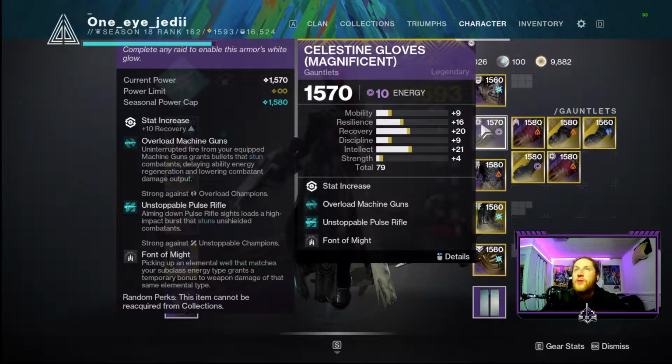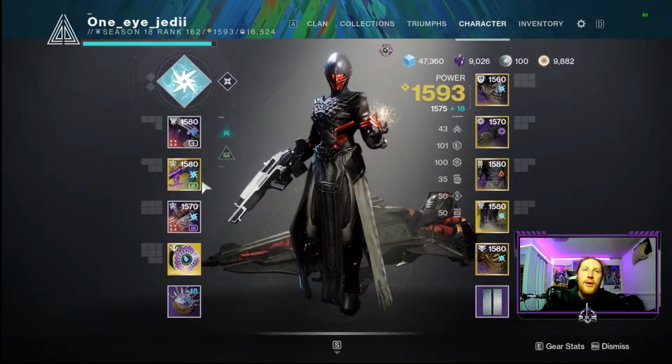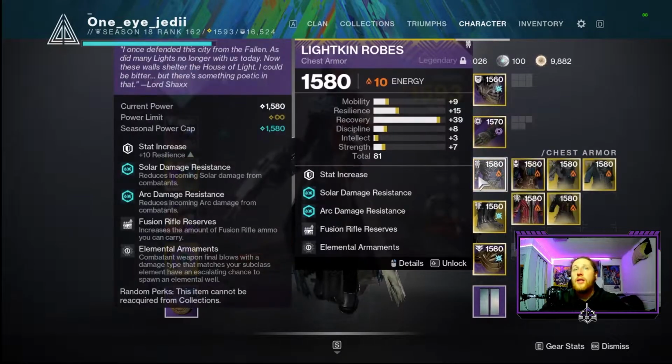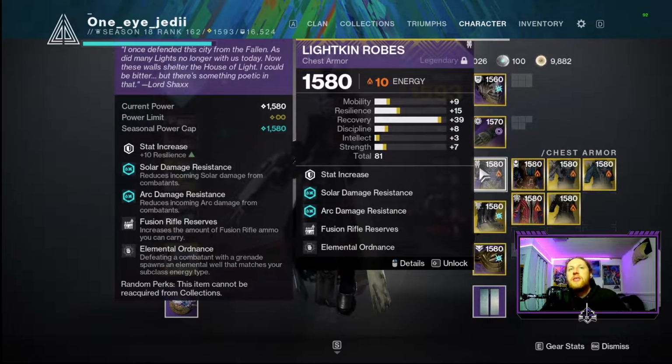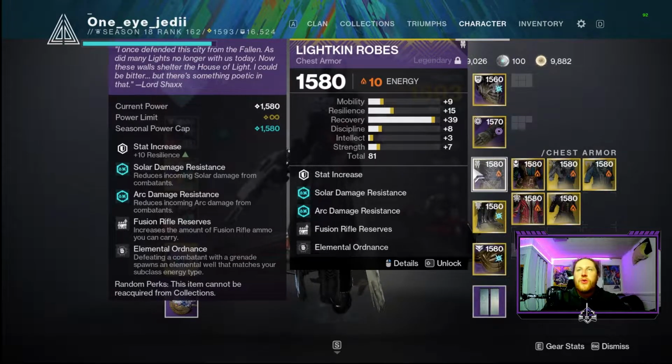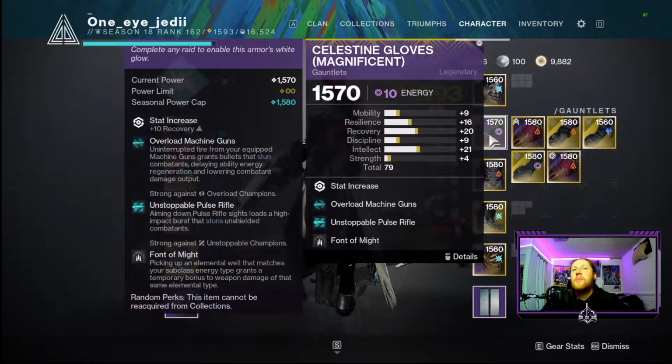So when we pick up those Arc Elemental Wells, both our Delicate Tomb and our Plank's Stride will have extra damage because they are both Arc Burns after picking up an Arc Elemental Well. Now on our chest piece here, we have our Solar and Arc Damage Resistance to help us stay alive in that end game activity, as well as some extra reserves inside of our fusion rifle with elemental ordnance on, so when we get defeats with that pulse grenade, we're also creating Arc Elemental Wells, which will help us proc